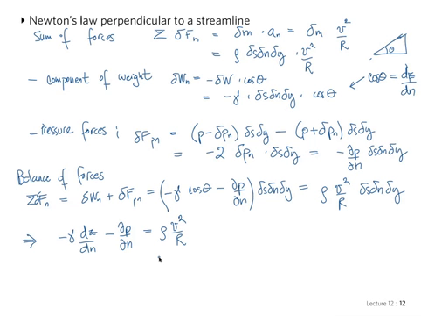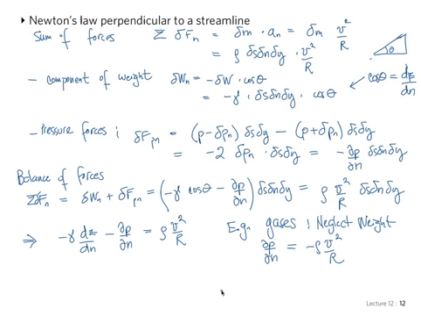Now, for example, for gases, often we can neglect the weight so that we can interpret this a little better. Neglect the weight, and you see that dP dn in this case is going to be equal to minus rho v squared over r,